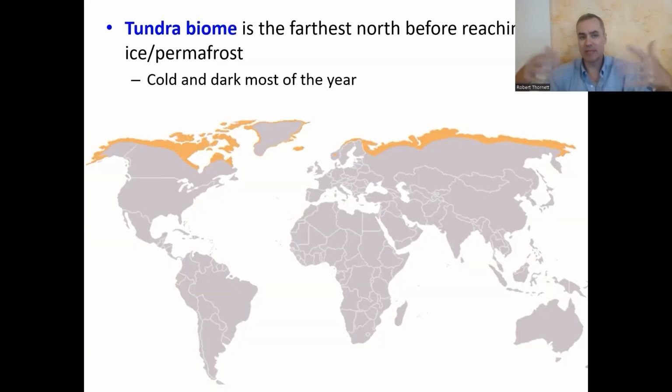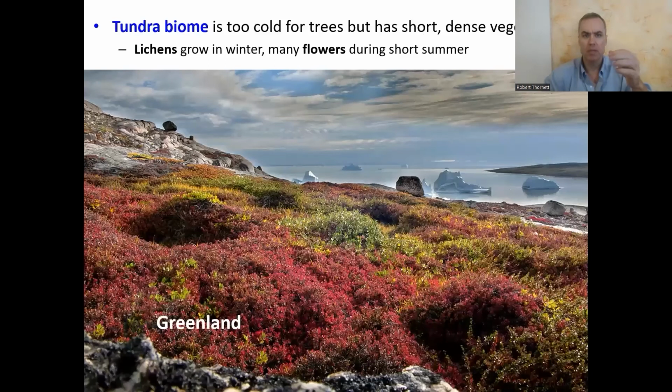So beyond the taiga, we have the tundra. Tundra is where it's too cold for trees. It's just the edge of the Arctic Ocean. So it's really cold up there, and it's really dark. The only thing that's going to be able to grow is stuff that's real short. So lichens, flowers only in the summertime, flowers bloom, fungi, things like that. And it's beautiful. It's often very colorful. And like we said, reindeer can munch on stuff like that.